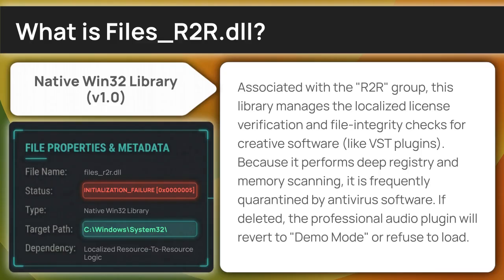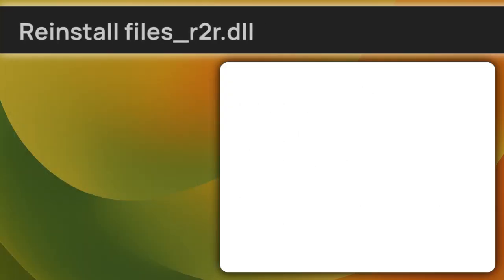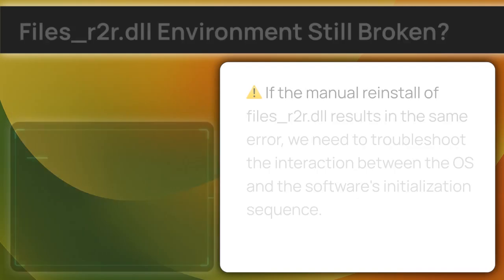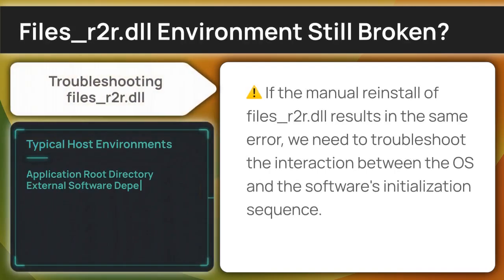Knowing the file's purpose is helpful, but now we need to physically restore it. Files R2R serves as a critical internal bridge for localized resource-to-resource logic features, and you should download the latest version of your host program where you encountered the error to replace any truncated or damaged binaries to resolve the launch error. If no luck was had with the redistributable package, we will escalate the fix by performing a targeted reset